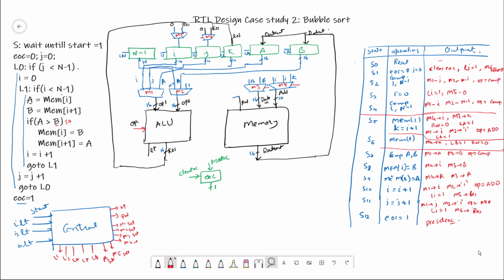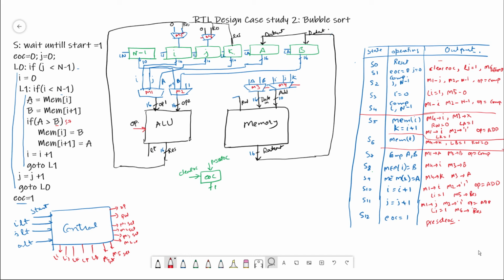If we do the control path first, then we can also see what operations can be done in parallel. For example, here only in state S5 do we utilize both memory as well as ALU at the same time, but in general there is a good possibility that a number of operations can be done in parallel to make it faster. Okay, so after identifying all these states,